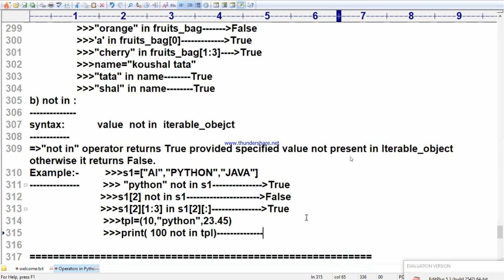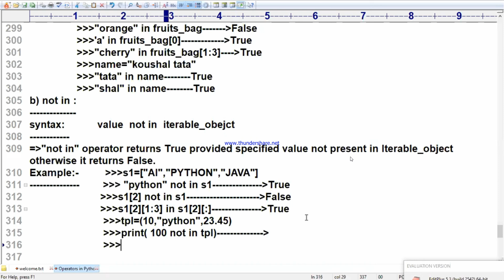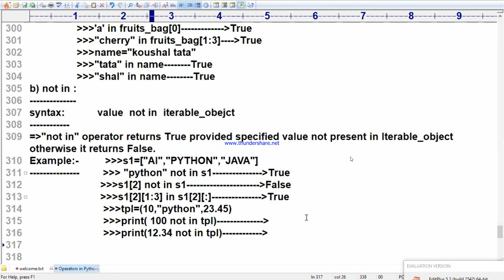Write the answer by yourself. Who asked this question? Print 12.34 not in TPL. Come on, write the answer by yourself. Write one more: print Python in TPL.